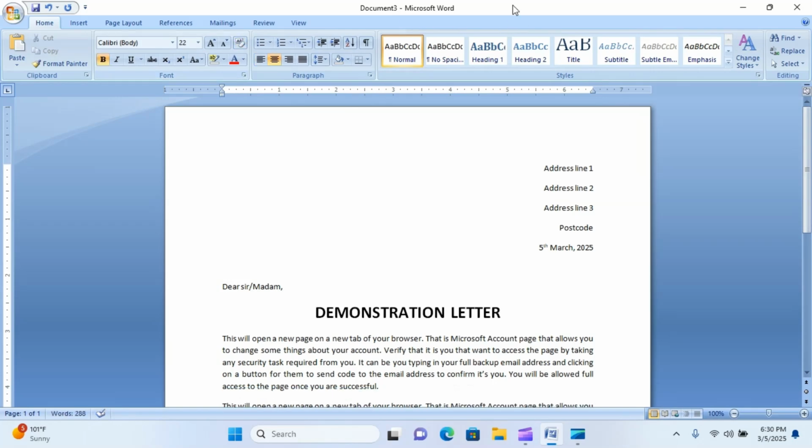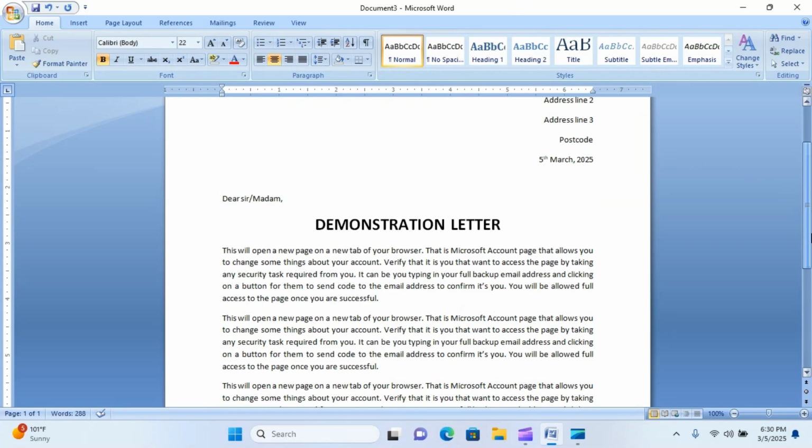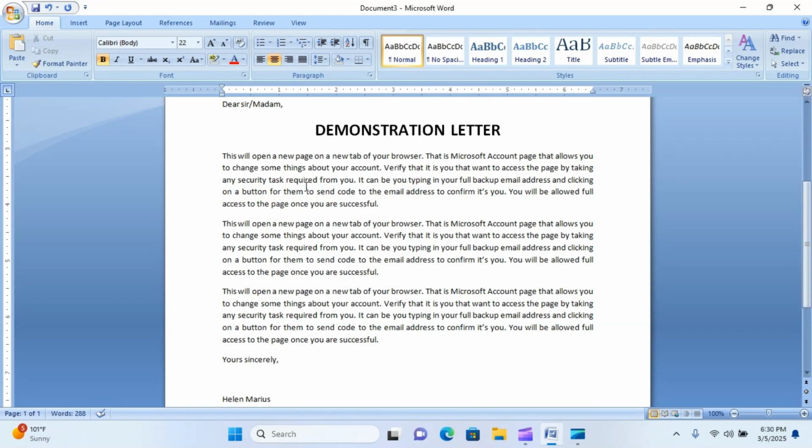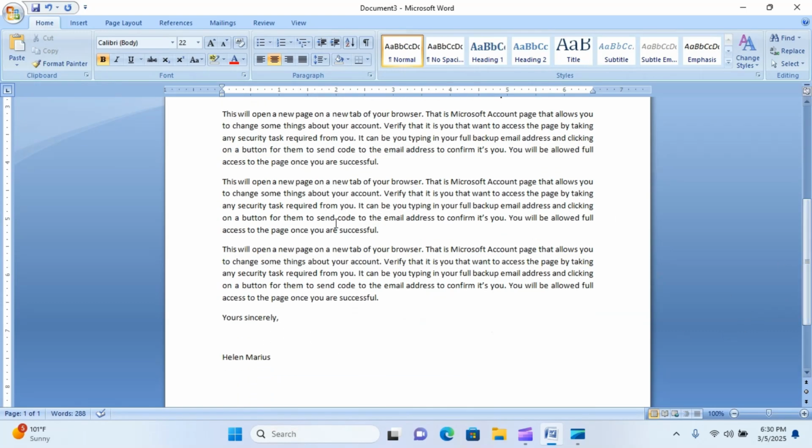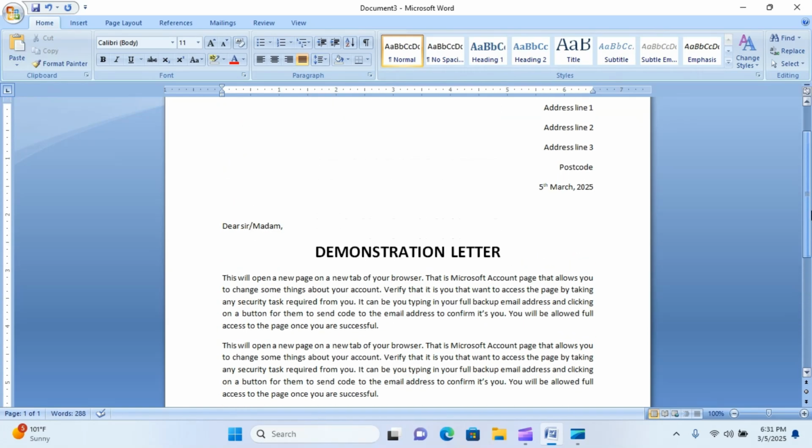So after writing the body of the letter, you come over to the ending of this letter. You write your "Sincerely" and click enter, leave the space for your signature, and then you write your name. That is the standard way of writing a letter. Now, for further tutorial, for further teaching,